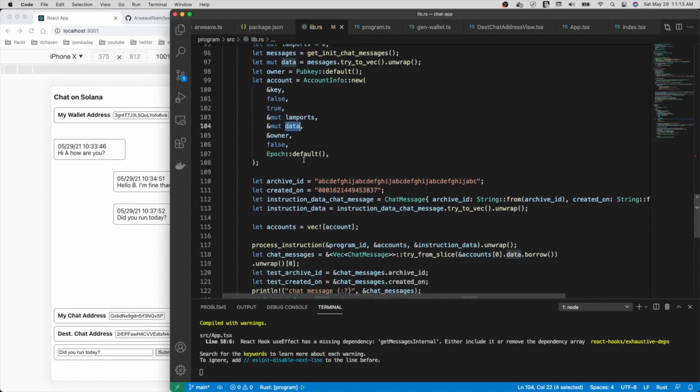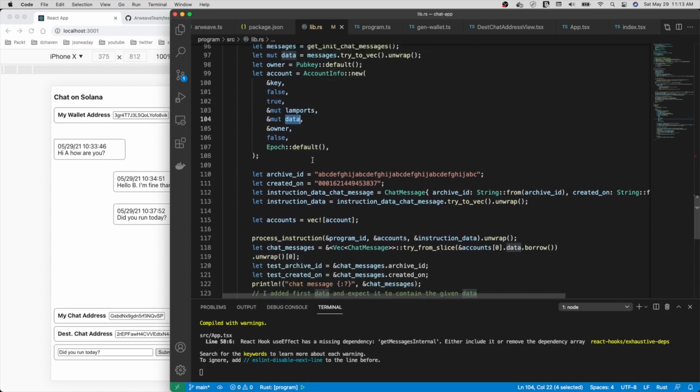Okay. And then once I do that, I pretend that I have an instruction data that I pass in from the client, right? So I fill in the values. Again, these lengths are the correct lengths. This is 43 and this is 16. And that's why you see the prefix of 3 zeros. I had to fill in